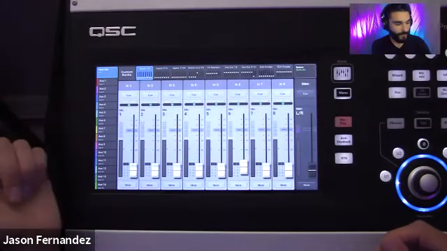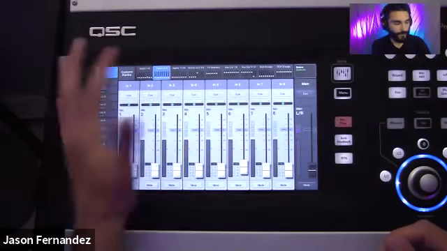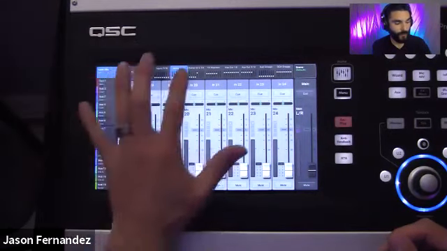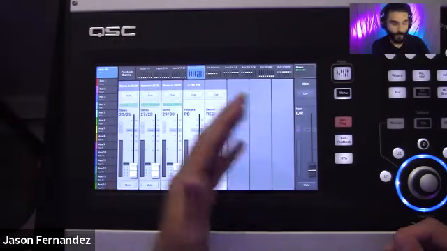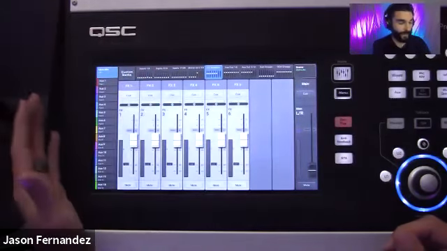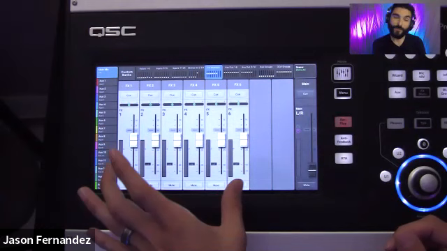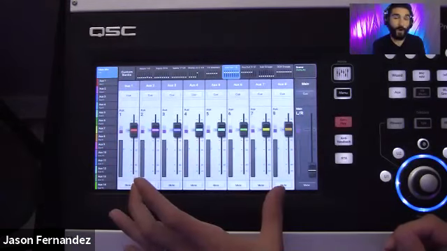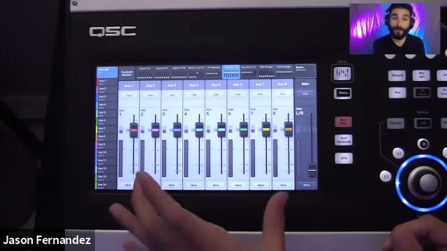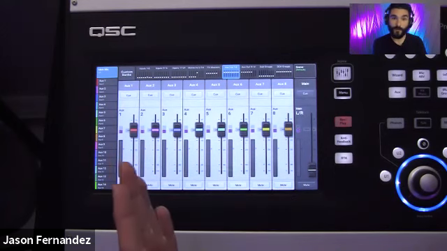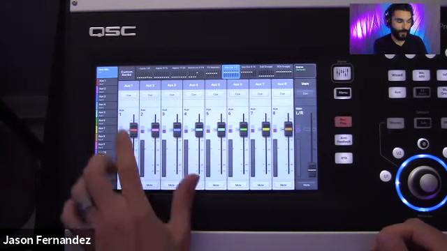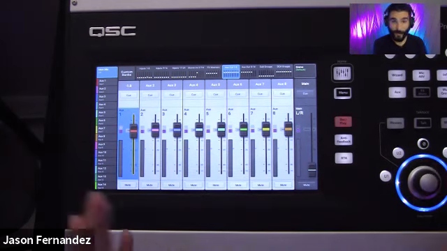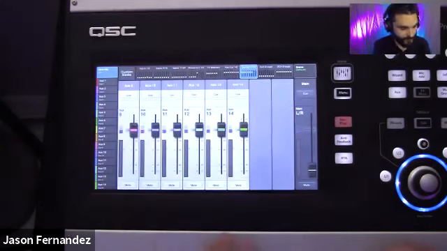So this is my 1 through 8. Now I've got my 9 through 16, and then 17 through 24. And then I move into my stereo channels here. And then after that, I can access my effects master channels, so there are effects on the mixer. I can also access all of my aux master outputs within a couple of fader banks here themselves. So if I just want to go in and make adjustments to any of my aux mixes there, I can do that.